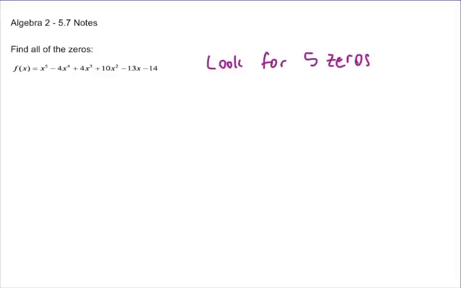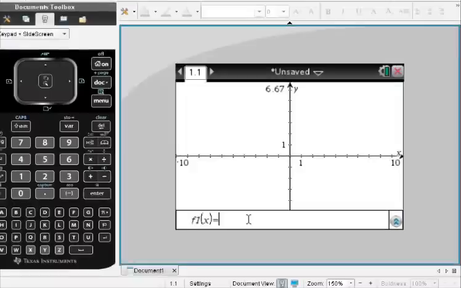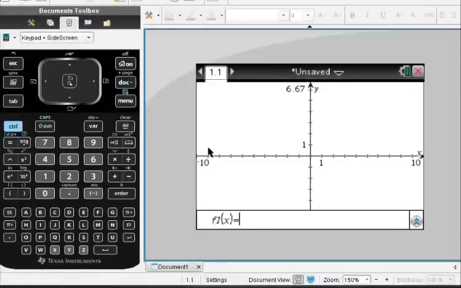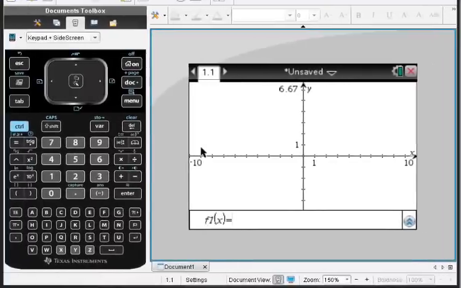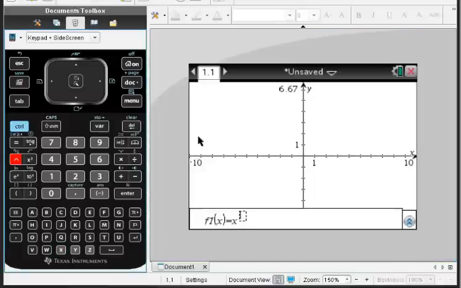So open up your graphing calculator, and let's go ahead and graph the problem, which would be x to the 5th and minus 4x squared